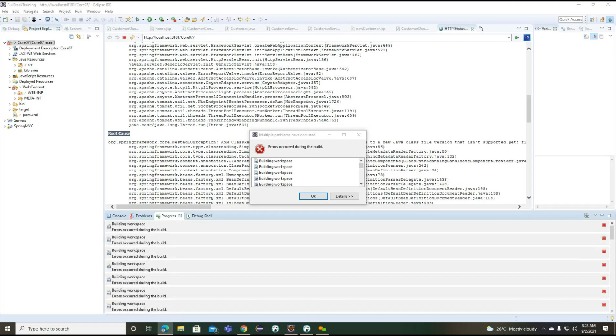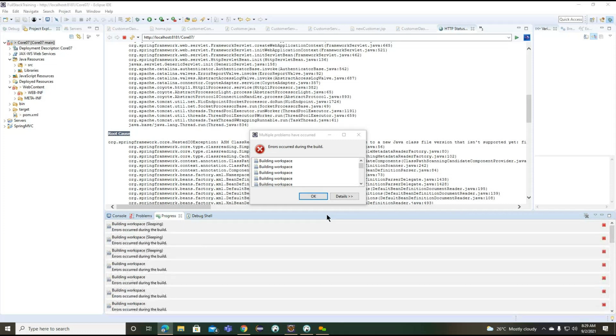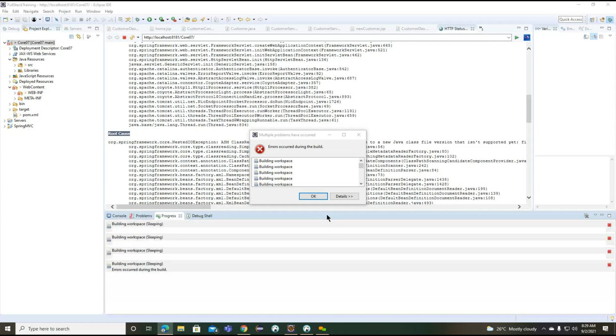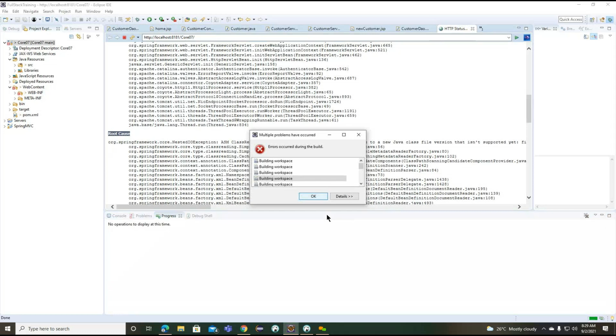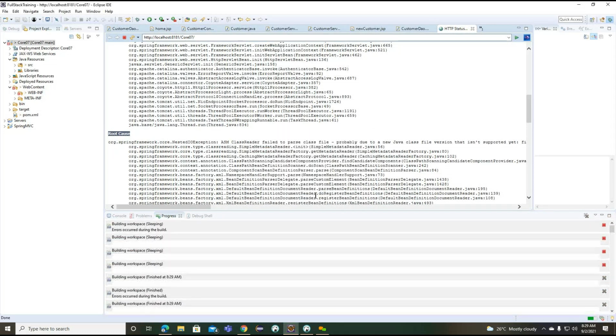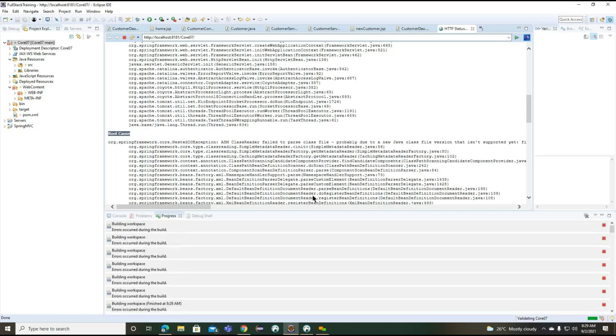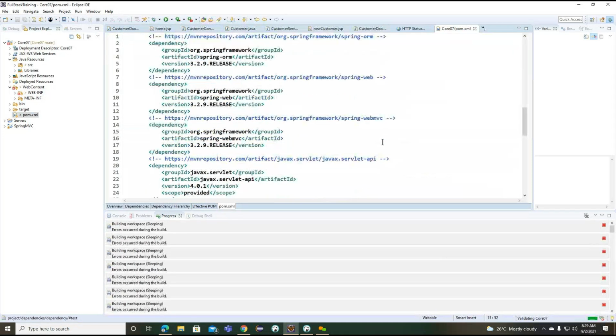Previously, I tried with the same thing. It is working. Post. Okay. Error occurred billing. Oh my God. So what is the version?